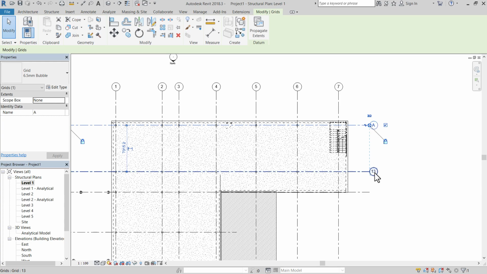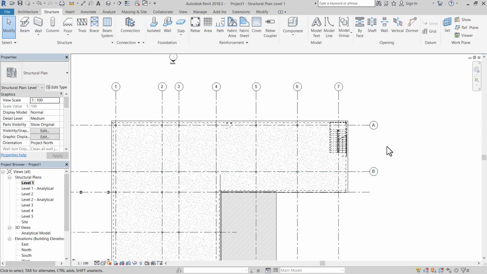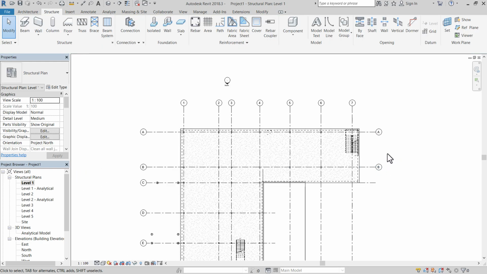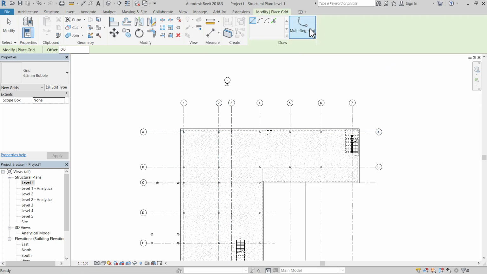Same thing we will do with this. Grid pick line and then select the already present grids.